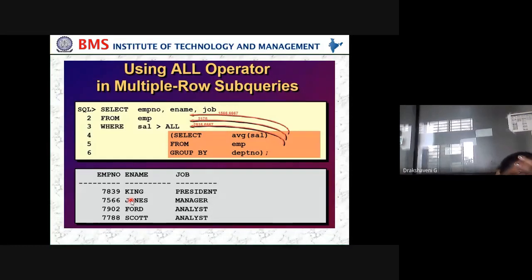After executing this query, we'll get King, Jones, Ford and Scott. What is their job title? He is a president, he is a manager, he is an analyst, he is an analyst. So that's what using the ALL operator is.